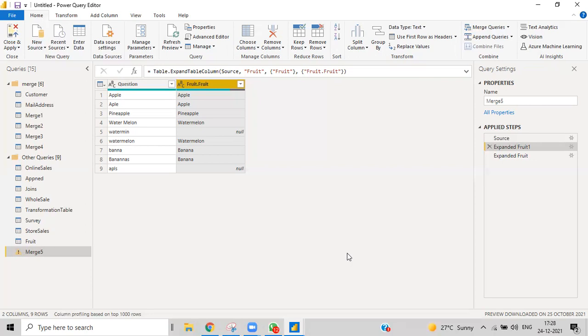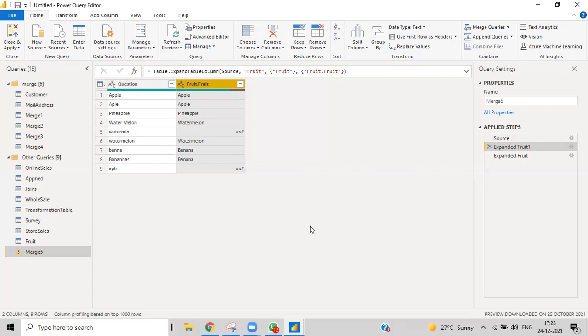Sometimes it may find the space between the watermelon, and sometimes it doesn't find the watermelon, and it happens like this. So only in rare cases we do it, but once we have done that fuzzy match, obviously we need to come and check the data. If it is very big data, obviously we don't check it, because we'll get a lot of errors. We can't even check that. That is fuzzy match.